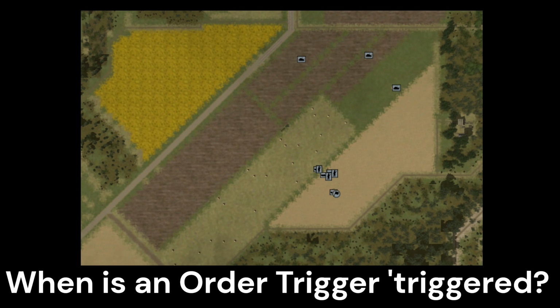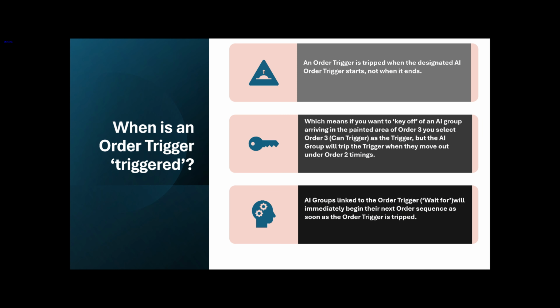Like the movement behaviour associated with an order, the order trigger mechanism influences the order prior, which means if you want to key off an AI group arriving in the painted area of order 3, you select order 3, can trigger, as the trigger, but the AI group will trip the trigger when they move out under order 2 timings. AI groups linked to the order trigger, wait for, will immediately begin the next order sequence as soon as the